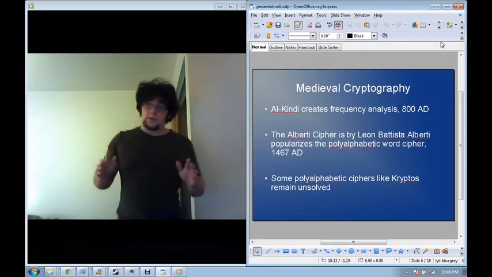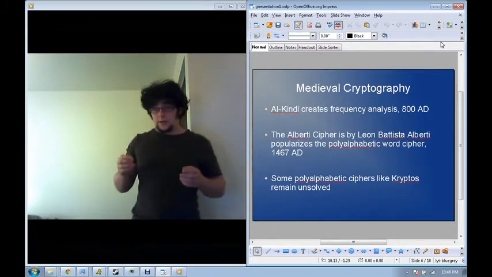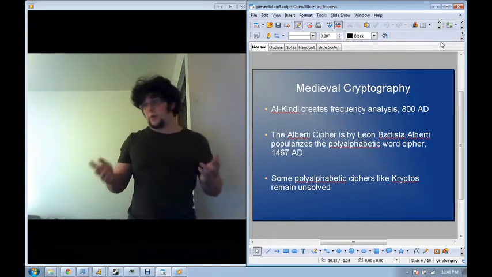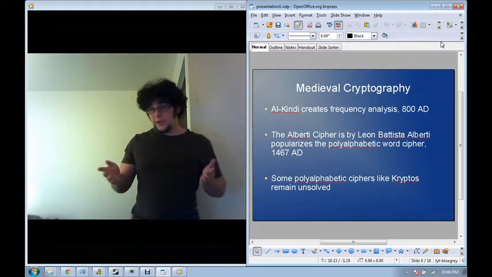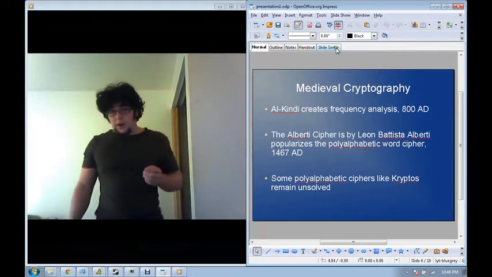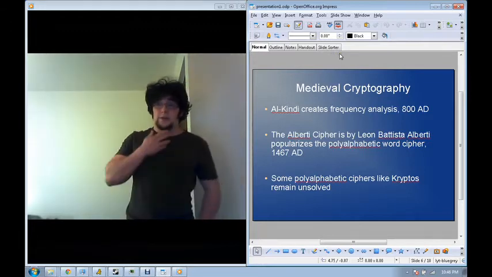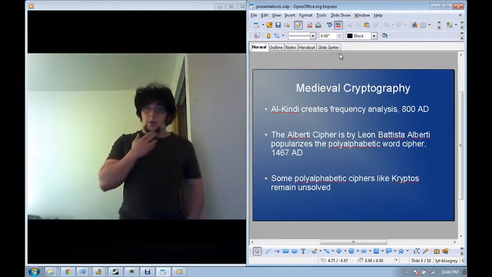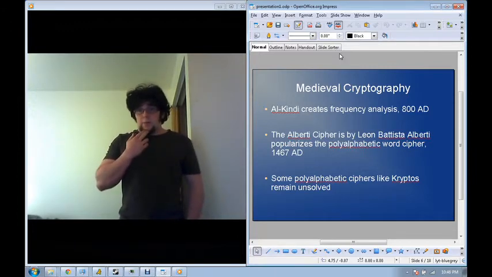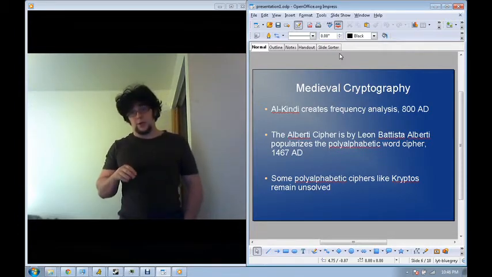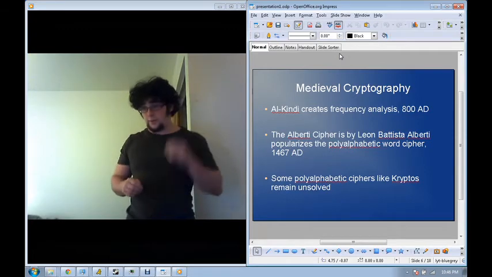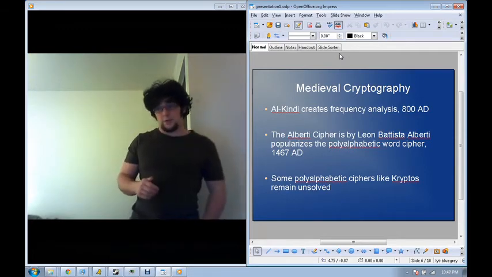And so by doing this, it could make potentially solving these ciphers through a procedural way arbitrarily difficult by including an arbitrary number of symbols for your procedural analysis to work with. And one example of this would be the Kryptos statue. Kryptos is a statue standing outside of the CIA building, and it employs a polyalphabetic word cipher. And people have been able to crack the first three messages on the Kryptos statue, but the fourth remains a total mystery that even all of our intelligence and all of our computing machines today haven't been able to solve.